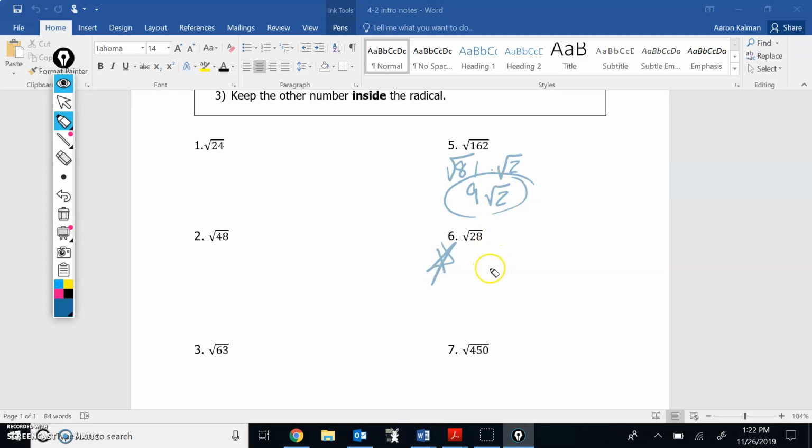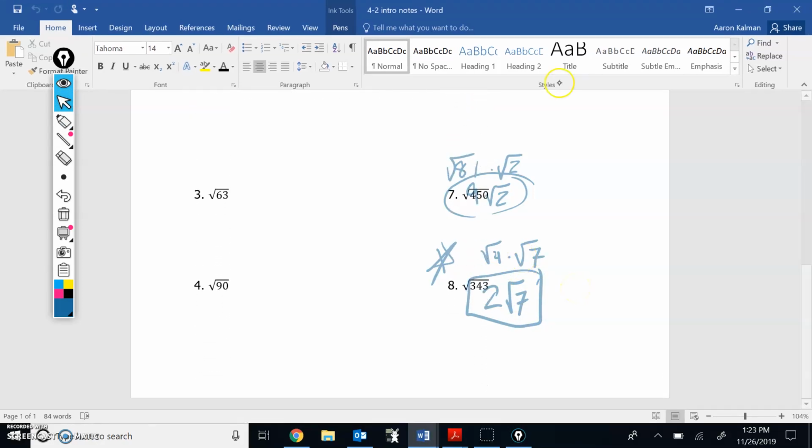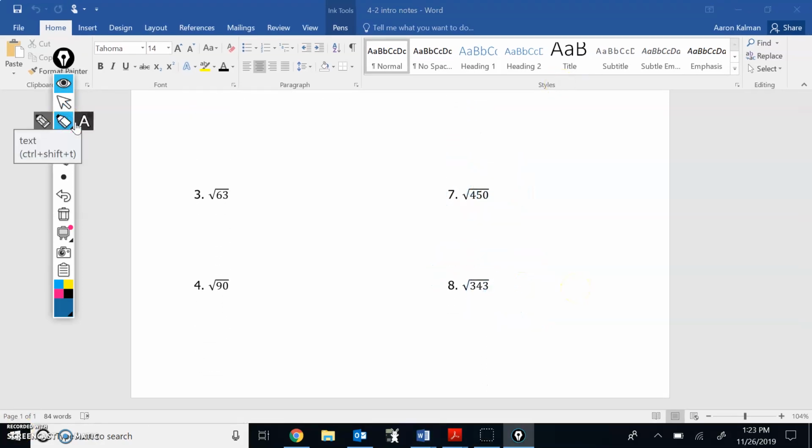You should have gotten the square root of 4 times the square root of 7, which is 2 square root 7. Let's go down and look at 7 and 8. And for number 7, the biggest perfect square is kind of large. It's actually 225